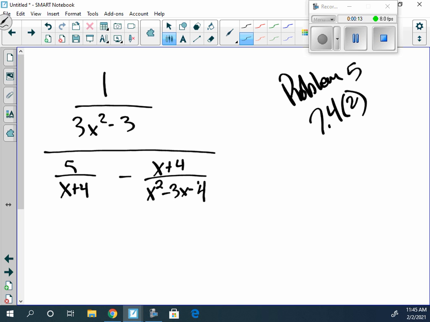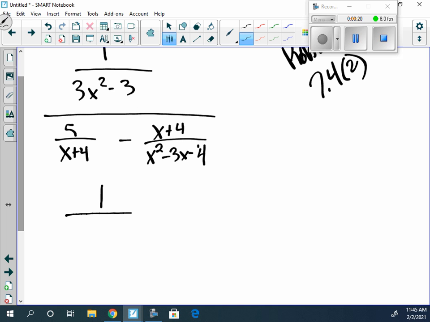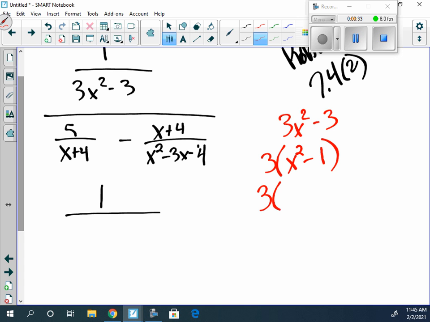7.42. Okay, so we're looking at this problem here. Now, the first thing we did with it is we needed to factor. So the numerator, the 3x squared minus 3, well, there's a greatest common factor of 3, which leaves us with our x squared minus 1. And this here, we ended up being able to factor because that is a difference of perfect squares to this here. So the numerator